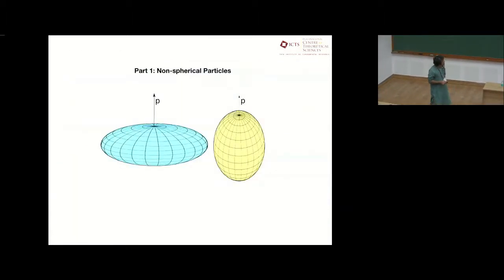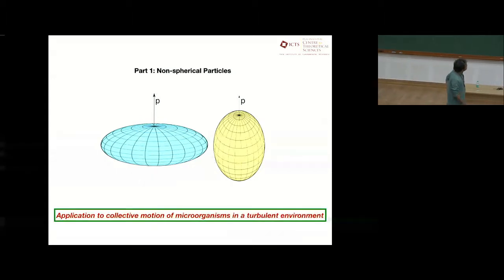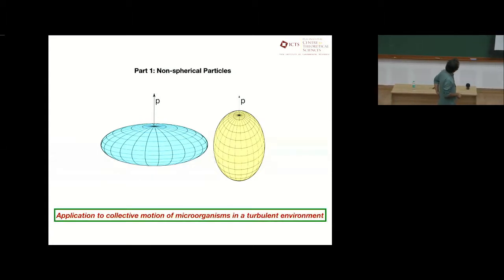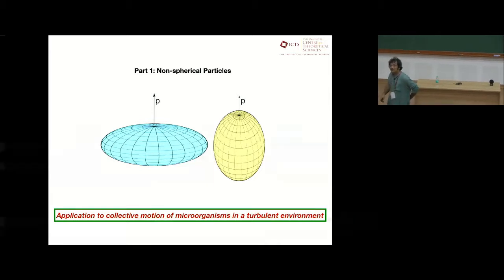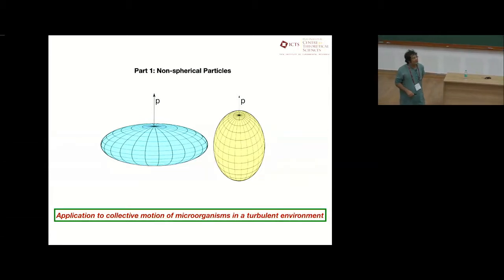Okay, so the first part of the talk, you remember the chain from the movie, but the first part of the talk will deal with particles which are of this or this shape, which has a certain orientation vector which defines its level of orientation. And what I'm going to focus on, and this is partly because I didn't want it to be too technical, is something which certainly has an appeal for all of us